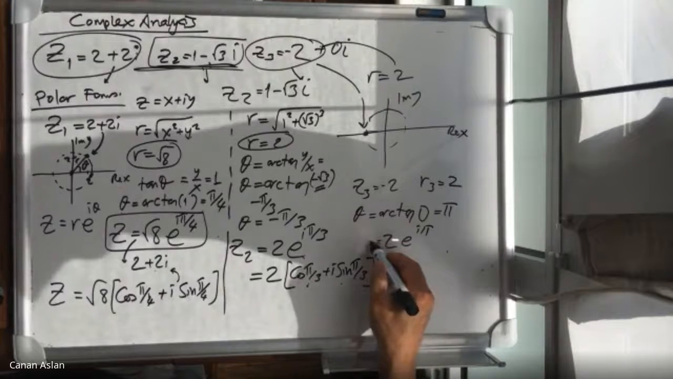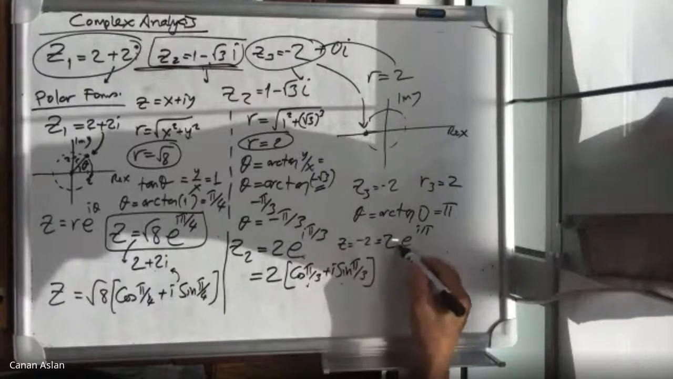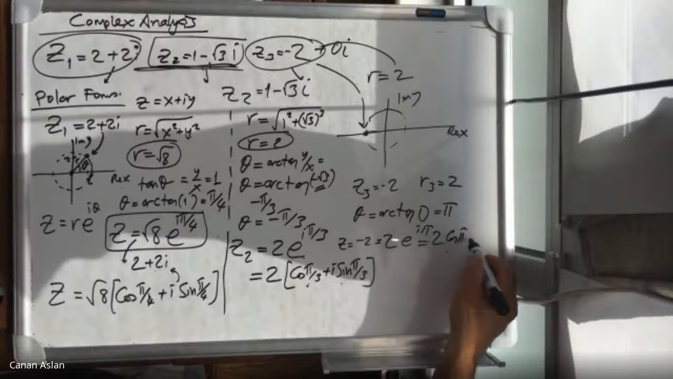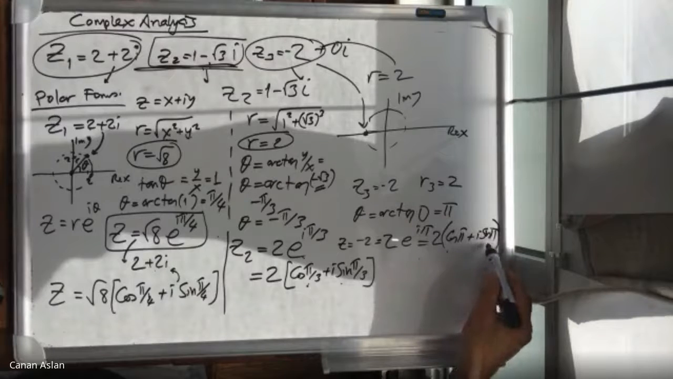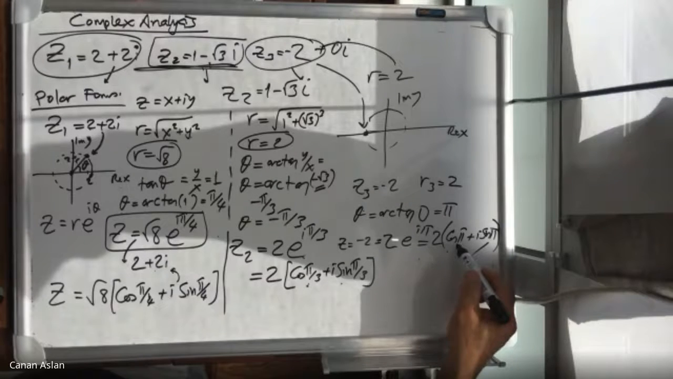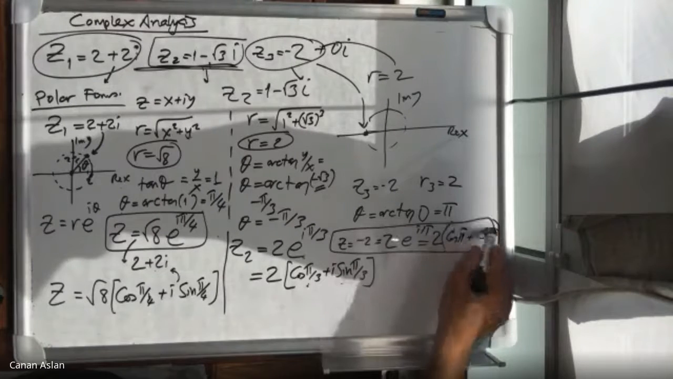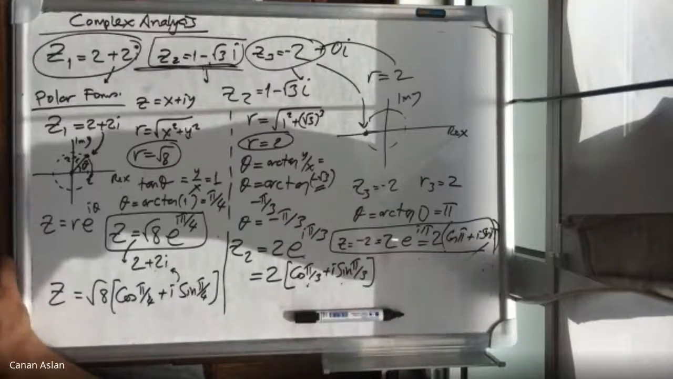So z equals minus 2 is equal to 2 times e to the i pi, or 2 times cosine pi plus i sine pi. Of course, because sine pi is 0, but cosine pi is minus 1, and minus 1 times 2 gives you just minus 2. So this is the result. Now we have finished these examples, and we are getting ready for